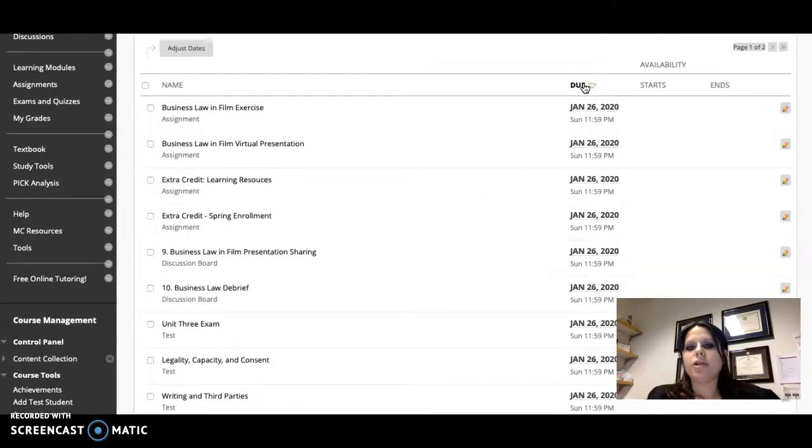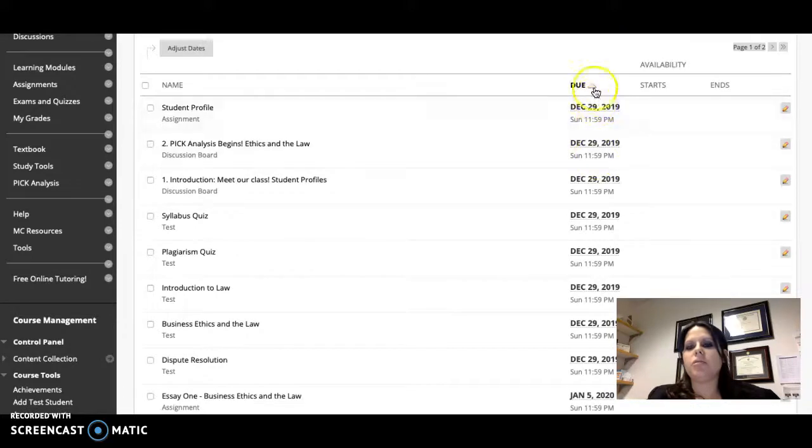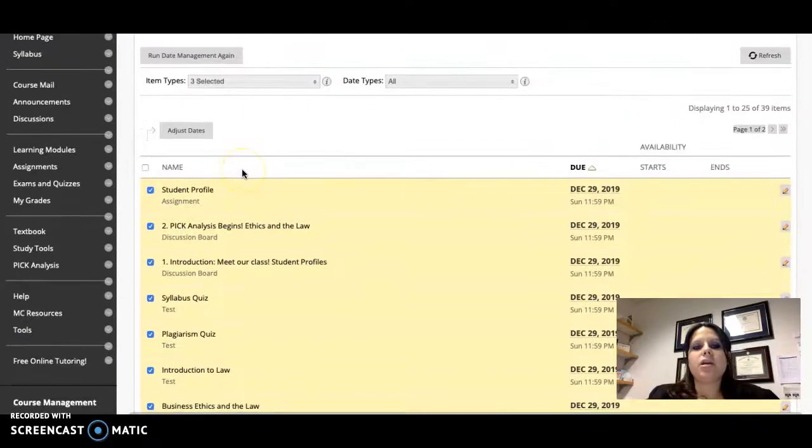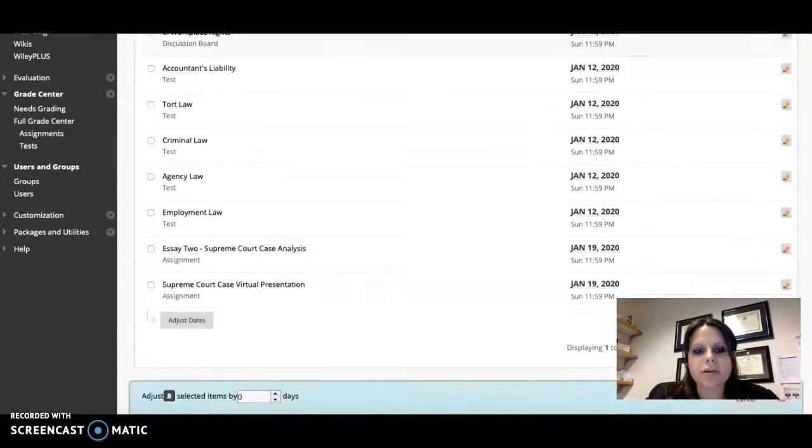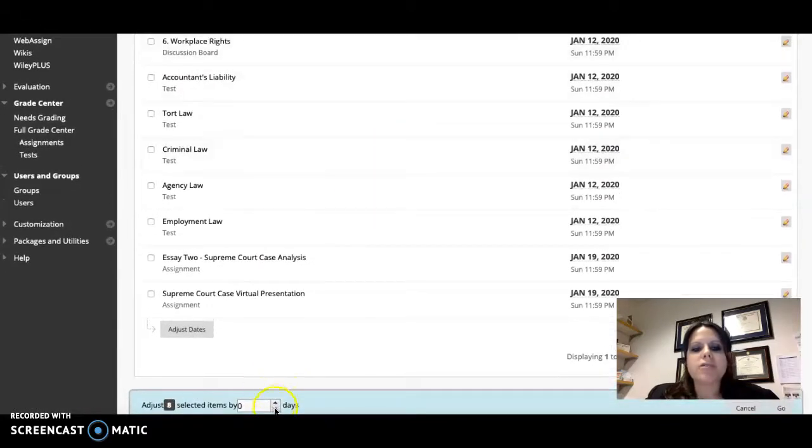Again, if I hit do here, it's going to show me, this way it's showing the oldest to newest, what's coming due. And so I can see right away I need to adjust each of these dates. So right now it's December 29th is showing for a number of assignments. I'm going to take all the ones that are listed as December 29th. And I'm actually just going to go in and say adjust dates. Now the nice thing with adjusting the dates is you can adjust them up or down. Give me a moment, I'm going to try to show you the screen. There we go. You can adjust them up or down. So if you go negative, I